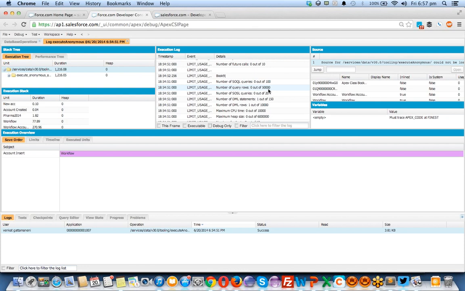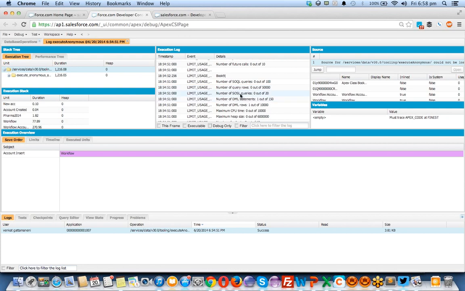You are on cloud. You need to be more careful about scalability and performance. If you don't have these limits, both the things will drop down. And if one guy is using bad code in the cloud, all the other applications on the same server will go bad. That's the reason these limits are in the Salesforce Apex. You see all these limits in the Salesforce Apex language.